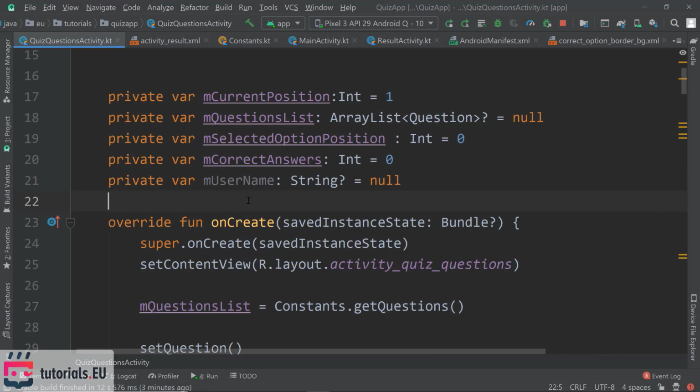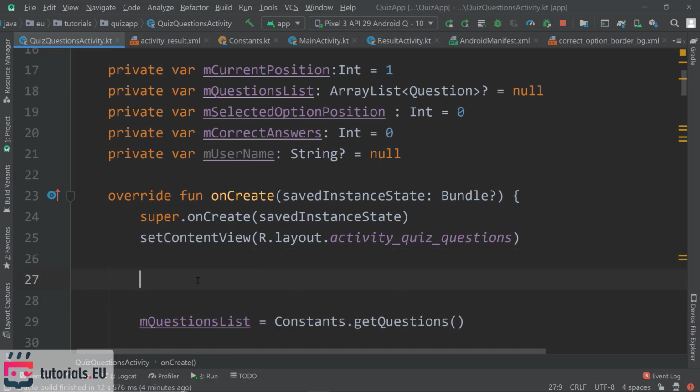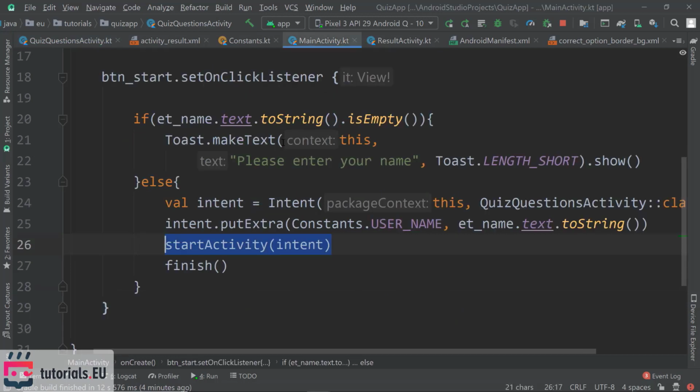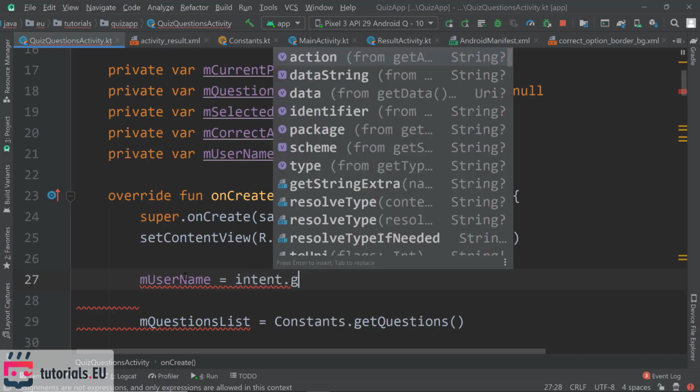All right, so now of course I need to set the username. And how can I set it? Well, I get the username from the intent, so I can do it in the onCreate, because as soon as the onCreate is fired, we already were sent over, and the intent has already sent its extra information which we have put in the main activity. So here we can go ahead and retrieve this information by storing it in our username variable, which is intent.get